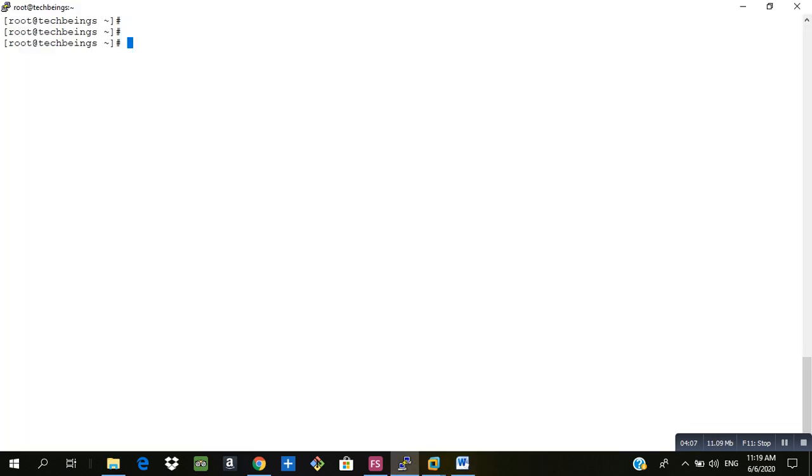Now I will create a directory and I will mount the logical volume on that directory. So I will create a directory /data. Okay, that is already created. So I'll create a directory /data1.